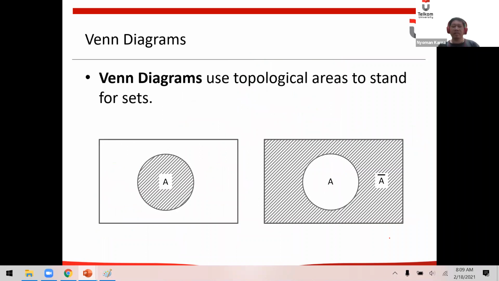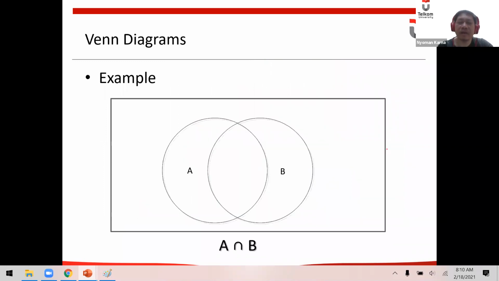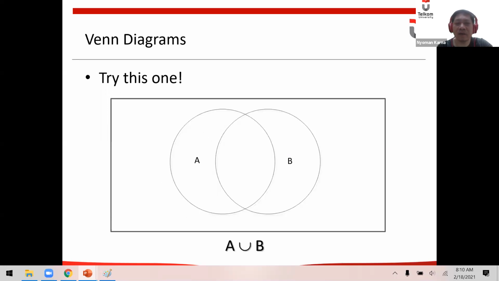Now this is the Venn diagram. They use this concept from our previous example. This is A, and this is not A. Now, what is A intersect B? It's this one. What is A union B?